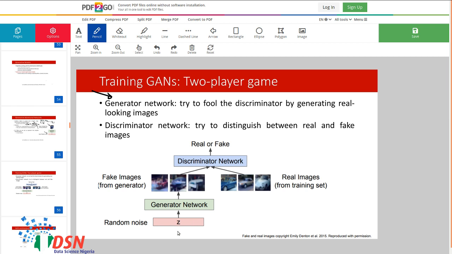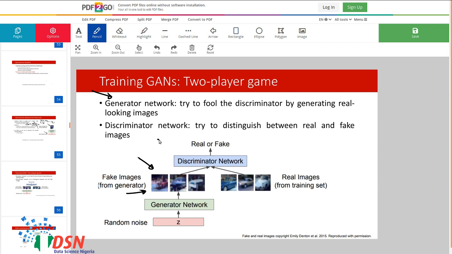So we have some random noise, and after that we want to generate some fake images that are similar to the real images, or the images of the true distribution. This is the duty of the generator network, to create some fake images.